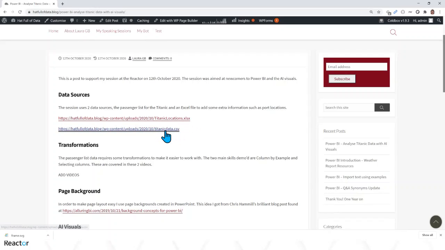The bottom one is the passenger list. I possibly need to rename that, but hey, I'll sort it. And the top one is the Excel file. So let's go for this bottom one first. I'm going to right click and copy the link address. And then switch back